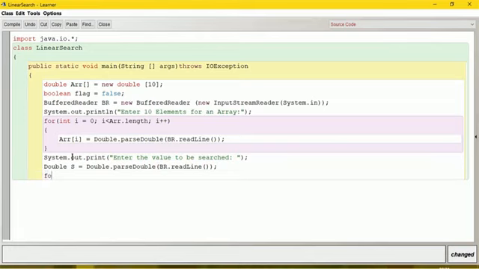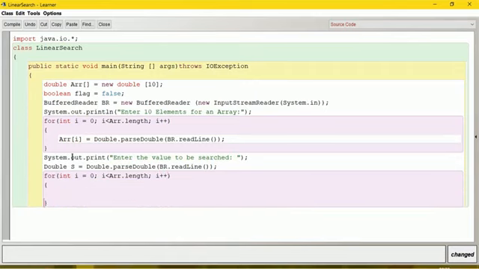Now we give the for loop. int i is equal to 0, i is lesser than the length of the array. So we can give arr.length, i plus plus. So from the index number 0 until the last index, it will keep on searching.